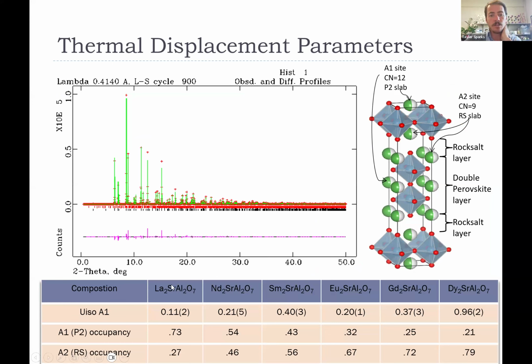Like take a look here. As you go in the first column, lanthanum, all the way to the last column, dysprosium, we see two things, like the occupancies change. They basically switch, like where is the rare earth sitting? Is it on the A1 site or the A2 site, which is either in the perovskite slab or the rock salt slab? That changes. And the thermal displacement of the A1 site, this guy here in the middle of the perovskite layer, increases from 0.11 to 0.96. So it's a dramatic increase in the vibration. So this seems pretty compelling that what's actually happening here is probably a thermal displacement causing the reduction in thermal